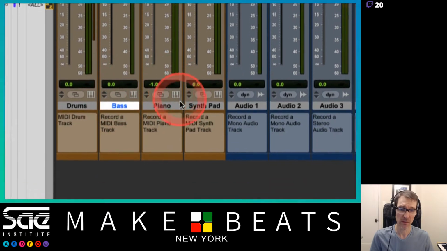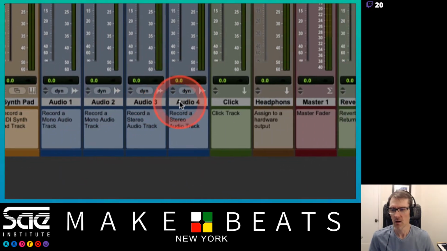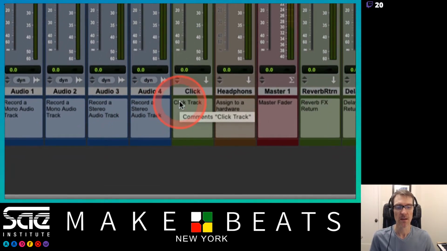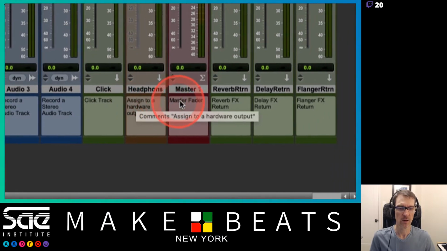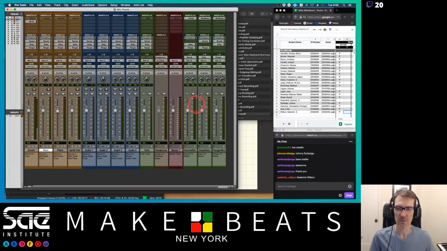These are all instruments, so I can record MIDI on them. Then I've got audio 1, 2, 3, and 4. Record a mono audio track, record a mono audio track, record a stereo audio track. Then I've got click. I've got a headphone output, master, and then my returns. These are basically the same returns as we had before, and it's got a headphone mix here as well, which